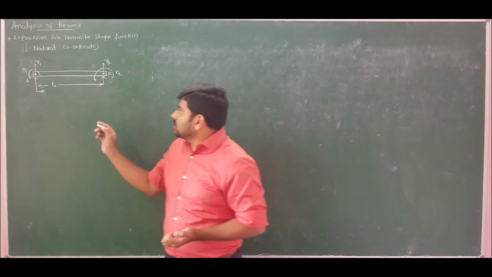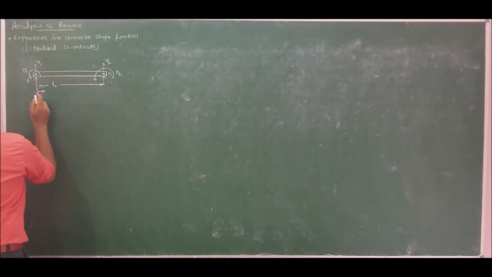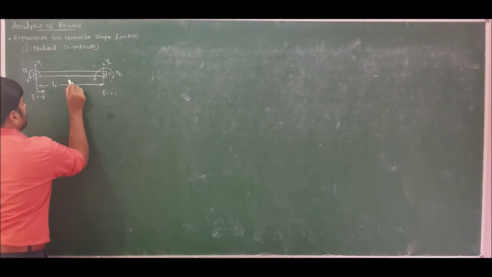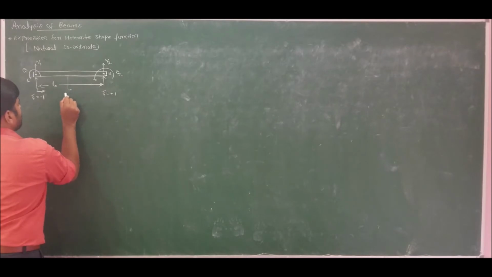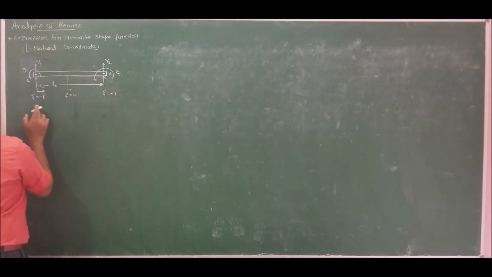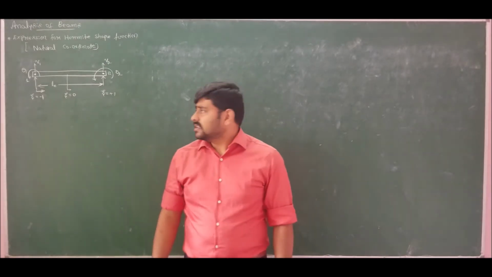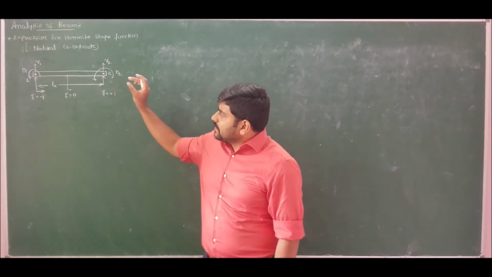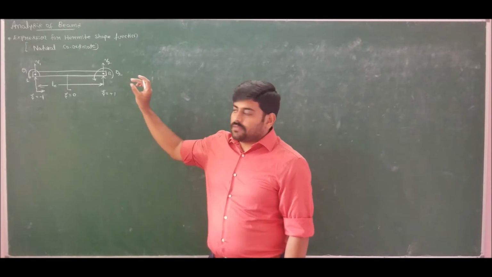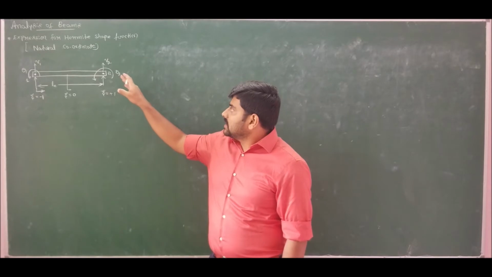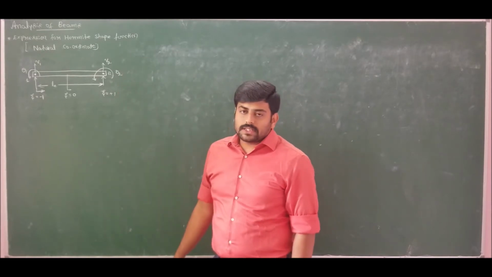So hence, we already know that instead of x, we will be using zeta in natural coordinate. The zeta varies from -1 to +1. And at exact center, let us take the value of zeta as 0. The maximum value of zeta is +1, whereas the minimum value of zeta is -1. These two we already know. Now, at each node, I should calculate deflection in y direction, that is v1, and slope or rotation θ1. Similarly, here also I should find out deflection v2 and slope or rotation θ2.